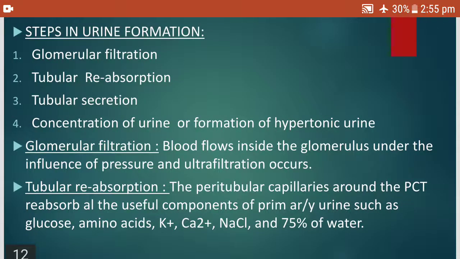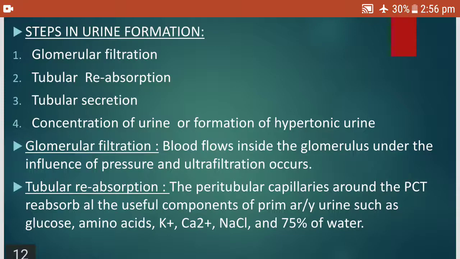Another question can be asked in the exam. Write the mechanism of the urine formation, that is the steps in the urine formation. There are 4 steps basically: glomerular filtration, tubular reabsorption, tubular secretion, concentration of urine or formation of hypertonic urine. Glomerular filtration: blood flows inside the glomerulus under the influence of pressure and ultrafiltration occurs. Tubular reabsorption: the peritubular capillaries around the PCT, that is the proximal convoluted tubule, reabsorb all the useful components from the primary urine, such as